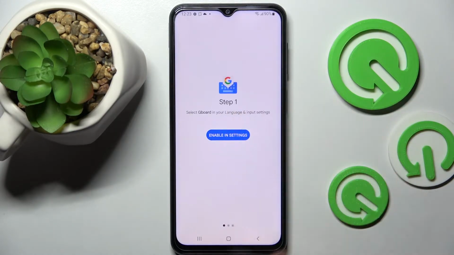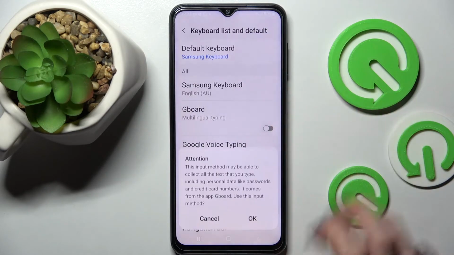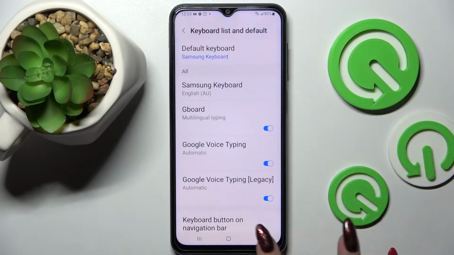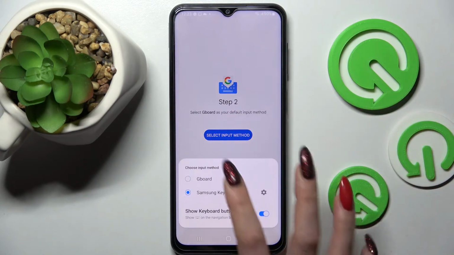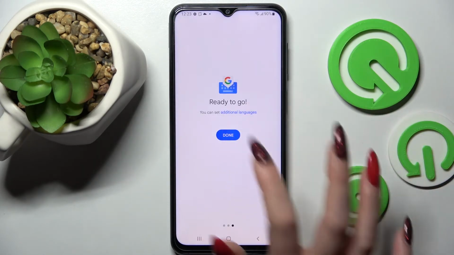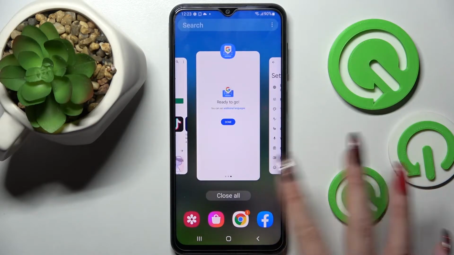Now select Enable in Settings, click on the switcher next to Gboard, select OK in the pop-up and tap on the back button. Then click on Select Input Method, select Gboard over here as well and tap on Done. Now close Gboard app